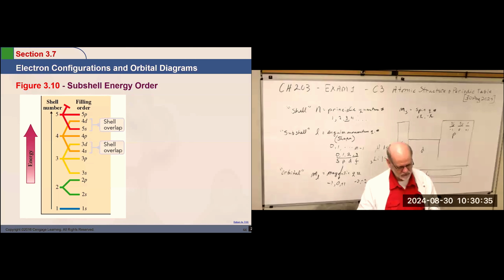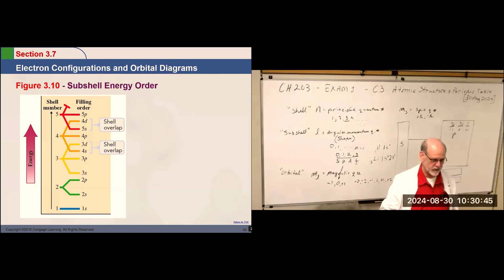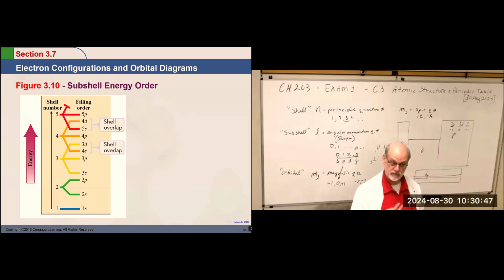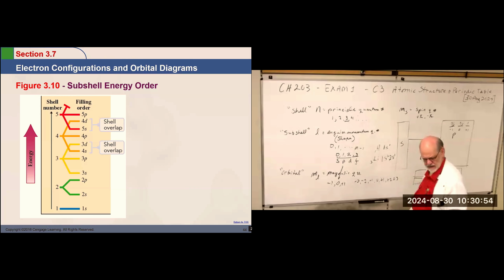So how do you know when you're filling these, putting in electrons from the next element, the next element, the next element, how do you know what order they go in? Right? There's a real slick way to do that. Actually, there are 2 ways to do it. I'm going to show you the longhand way and then the shorthand way. Let's see. I'll leave that up there and just use this part of the board over here.